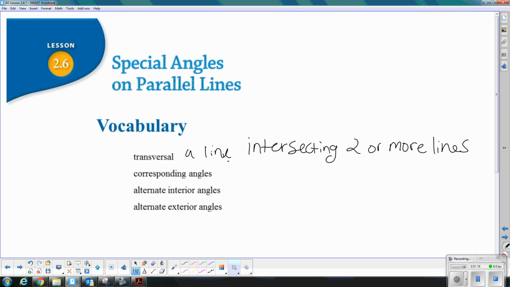And on the figure on your note sheet, you see the transversal, that's the line that cuts across those two parallel lines. And then the corresponding angles are the angles that